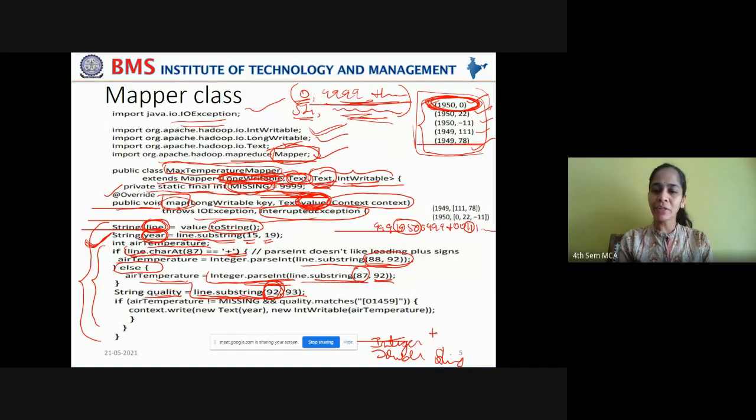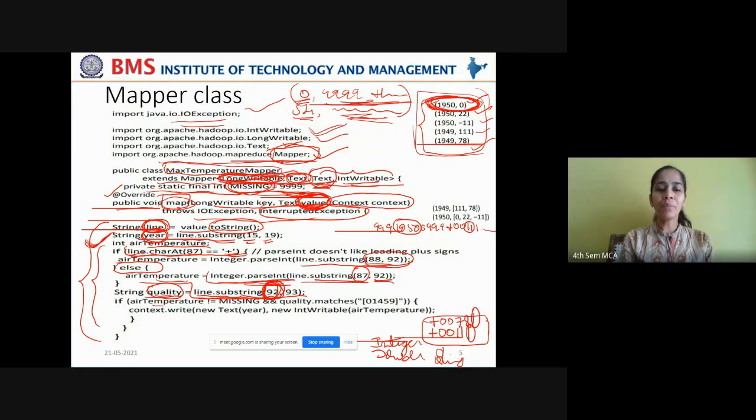See, you have the temperature like this. See this part of the slide. You have the temperature like this, 0, 0, 1, 1 and 1, or plus 0, 0, 78 and 1. This part indicates the quality code. So you want the number at that index number, and that index number is 92. From that index number, fetch the quality code into the quality variable. Right. Now, how to check the quality variable?